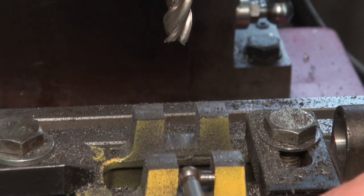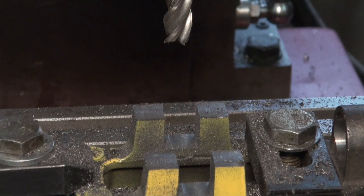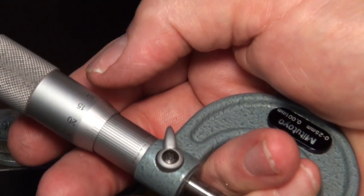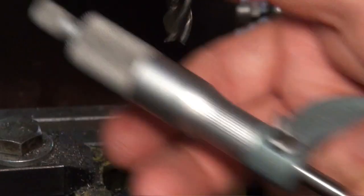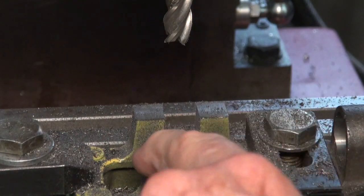I've just checked that with a bore gauge and a micrometer, and it's come out at about 12.47, and that last climb milling pass I decided to go about 0.1 undersize. So let's see, no, that's showing 12.6, 12.63. You know what, I'm just going to leave it like that. I'm going to dress that with a file just to take off the machining marks, and I reckon we'll be close to size. So let's leave it there, and what we're going to do now is drill these fixing holes